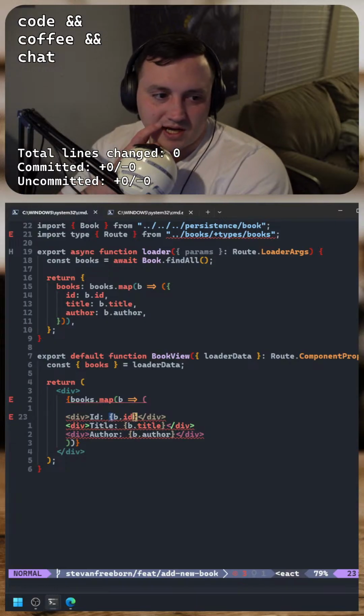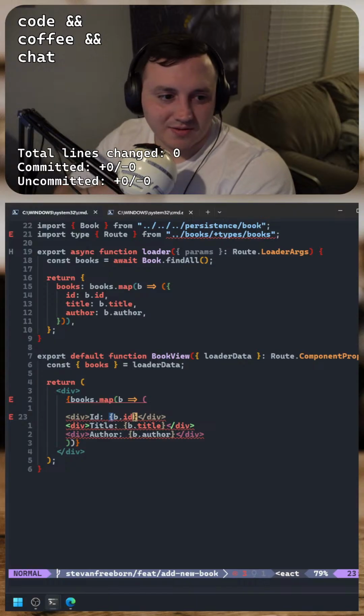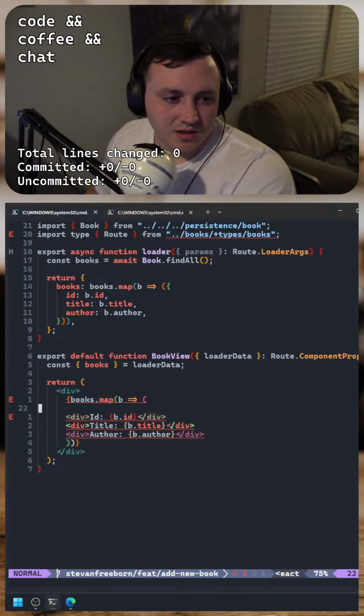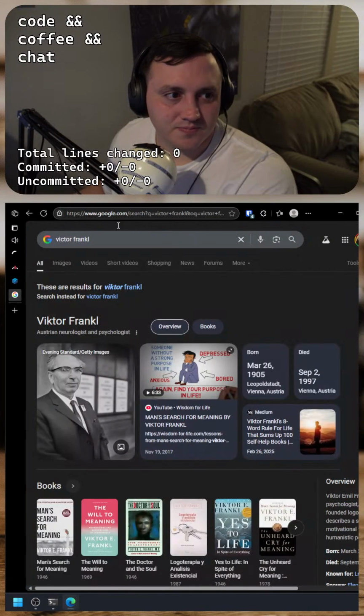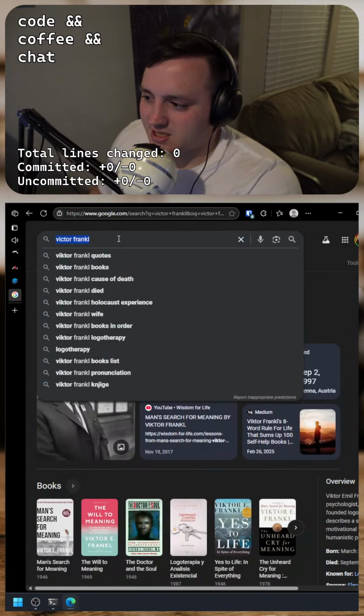Let's see. It's been a while since I've done anything in React, so how do I map over an array in React? I know that's so basic, but